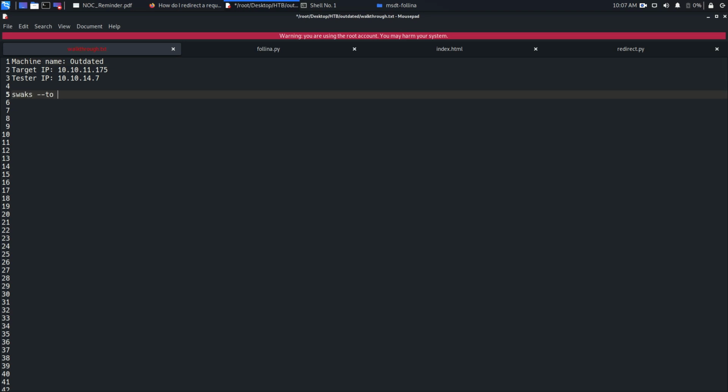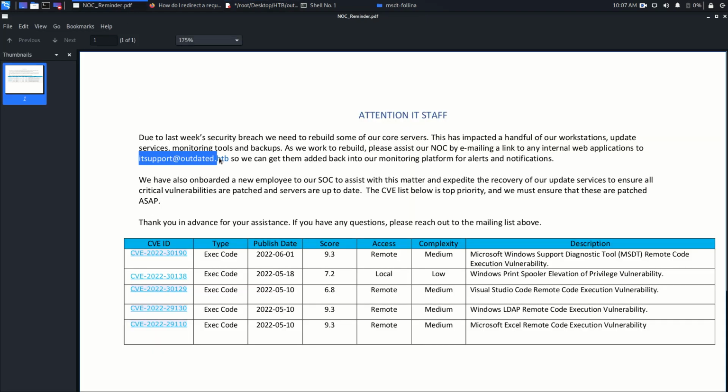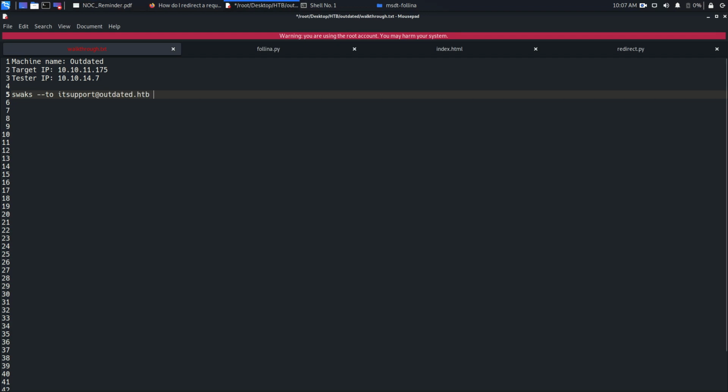Swaks --to, so it is going to be on this email. Copy, come back here, paste that, --from, let's say hell at well done, and we need to specify the server for SMTP to send the email. So mail.outdated.htb, and then the message we need to put inside the body, which is going to be